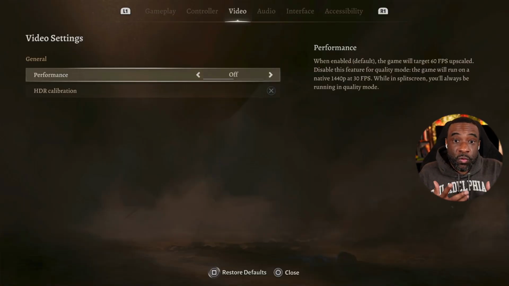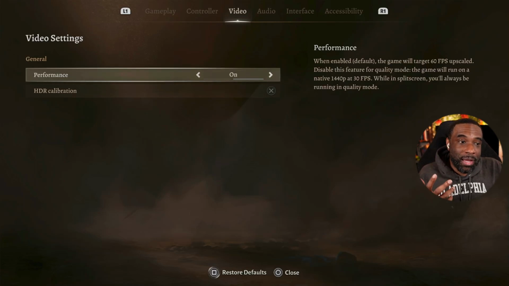So one of the first few things you actually need to know about the PlayStation version is this game does not have many video graphics settings beyond performance and quality mode. That's pretty standard for PlayStation. You don't really get to play around with the settings because they want to make sure that every game is optimized to play. Now, I actually have been playing on performance mode for my PlayStation portion of this playthrough, but